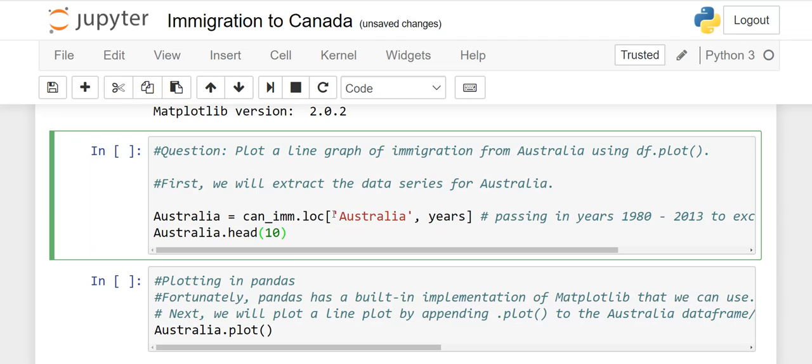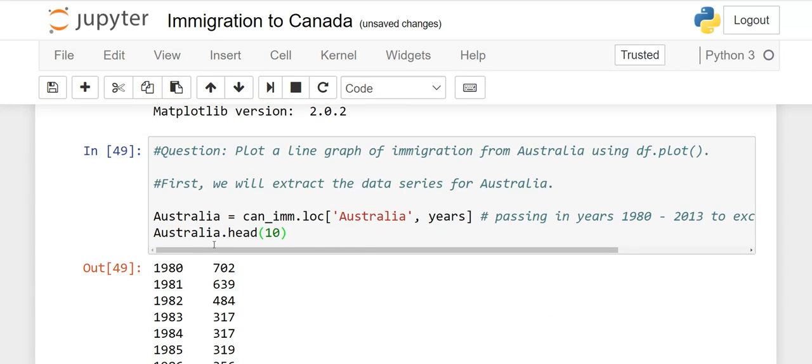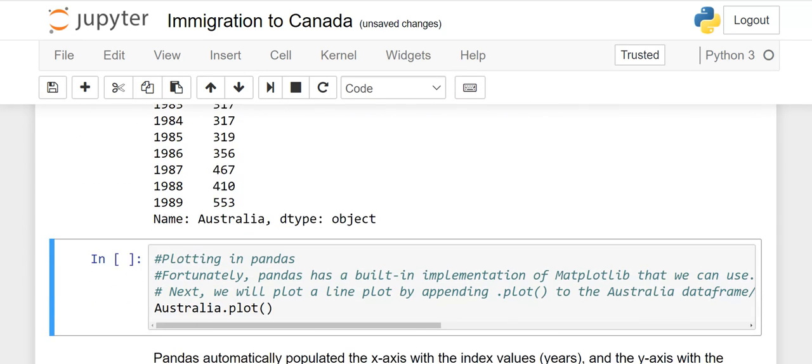If we are using the loc function, you have to write down only the label, the name of the country, and then years. What is years? Remember, in the above cell we made years equal to some syntax. So this is years, and when I run it, you will see the top 10: in 1980, 702 people migrated from Australia, in 1981, 639, and so on. So this is our data.